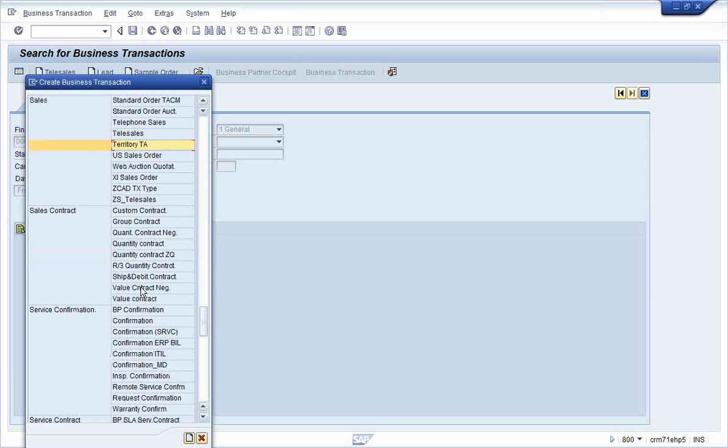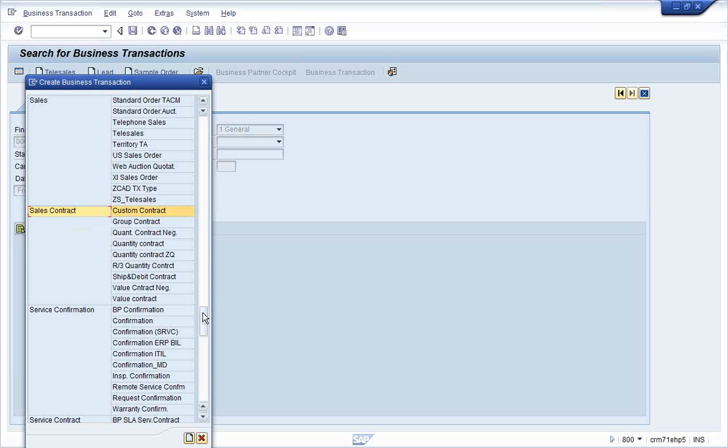Service: is it a confirmation, or a request confirmation or inspection confirmation? If you come to a sales contract, is it a group contract, individual contract, value contract or quality contract? What type of contract it is? So these are transaction types, and these are transaction categories.